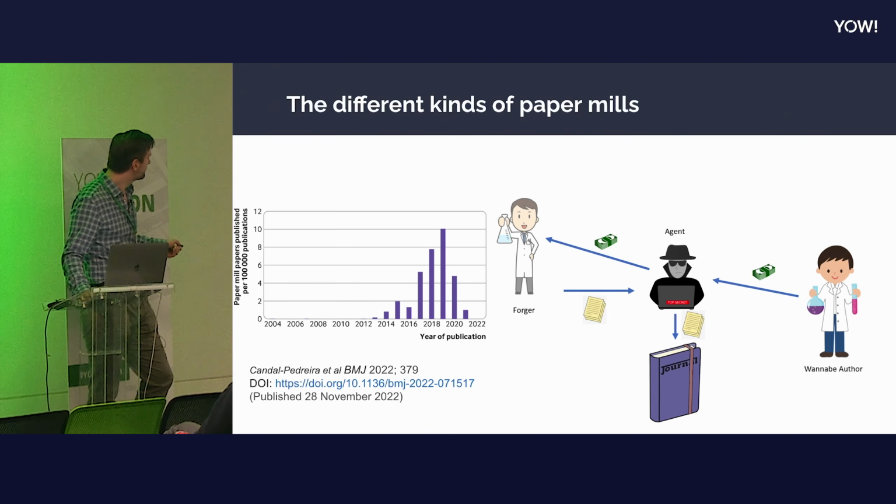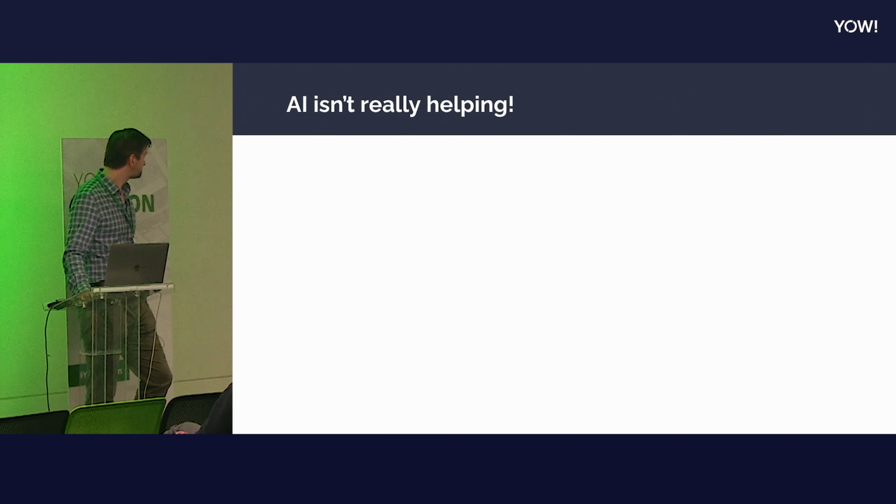Unfortunately, the retractions always lag the time of publication. Really, we should expect to see this continue to go up. Also, retractions, this is a bit of a cliche when talking about this stuff, but they are the tip of the iceberg. They show you a small percentage of the actual paper mills that are out there that haven't been detected. So this is a really serious problem. It's massive, and it's just now something that people are trying to take note of.